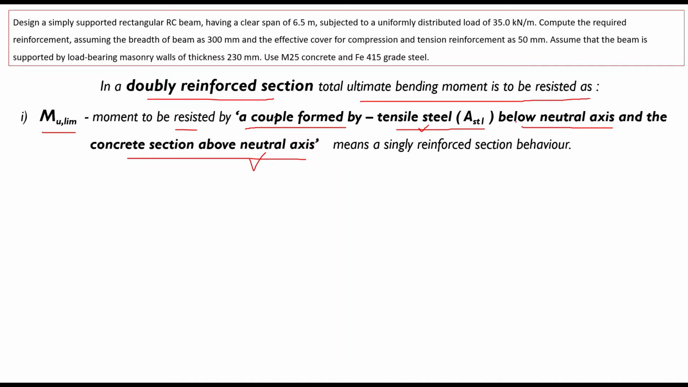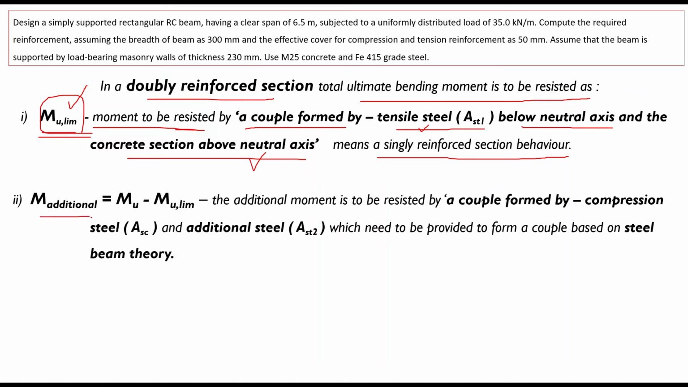These two forces, compressive as well as tensile, as we have already discussed in the previous lecture, form a couple, and that couple gives rise to Mu limited. So that is the singly reinforced section behavior. This much portion of the bending moment will be resisted by only this singly reinforced section. Now,